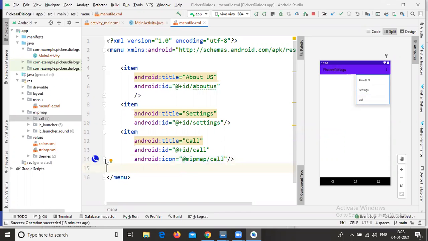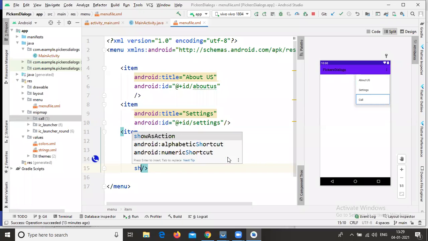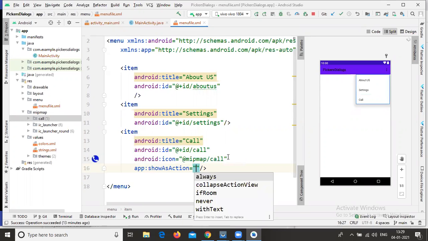The icon is created, but it is not available in your app bar. In case you want to display it in your app bar, there is one more property called showAsAction.